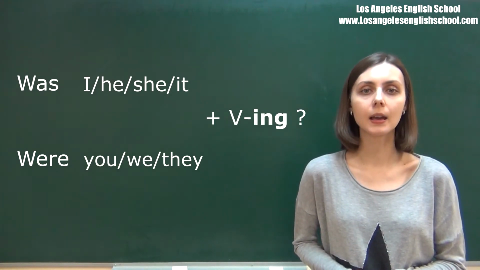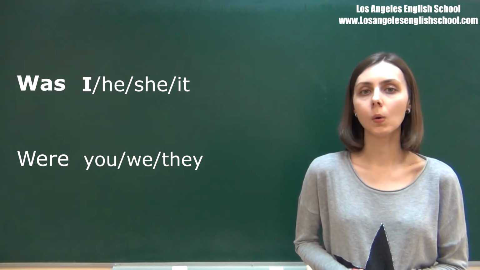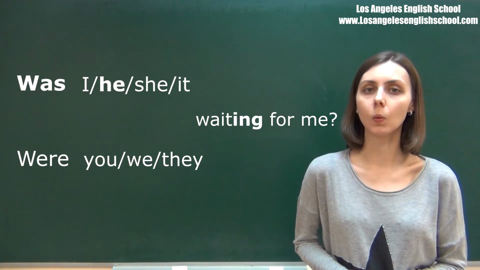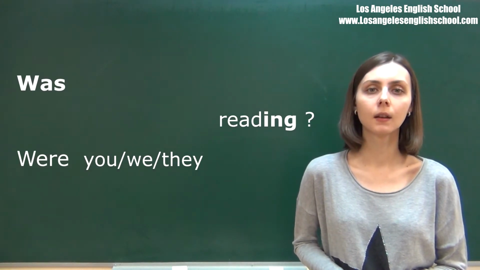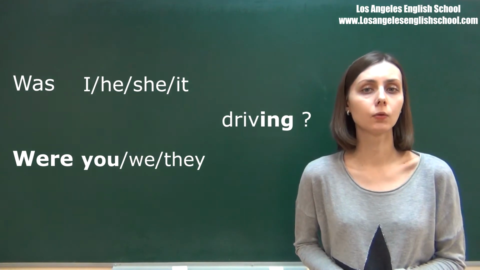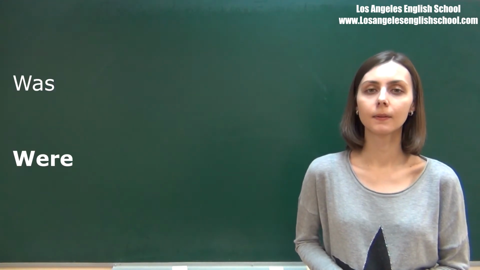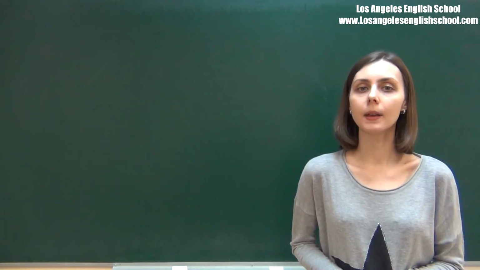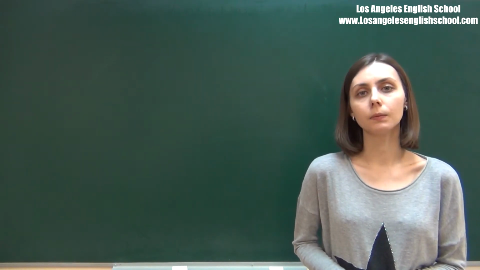a verb with the ing ending. For example, was I sleeping? Was he waiting for me? Was she reading? Was it raining? Were you driving? Were you sleeping? Were they reading? If you want to make a question with a question word, then you need to put the